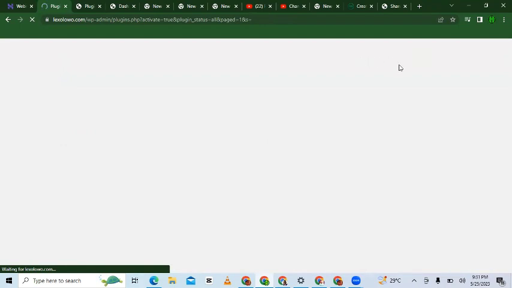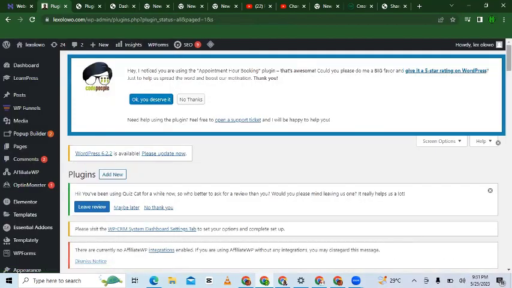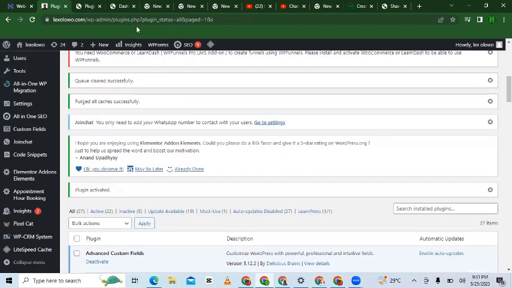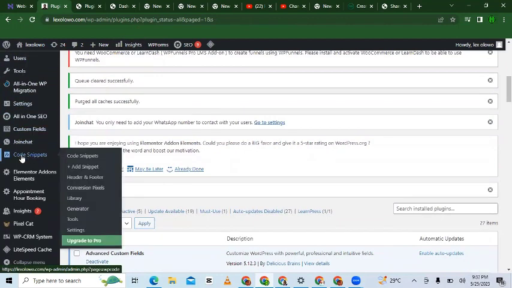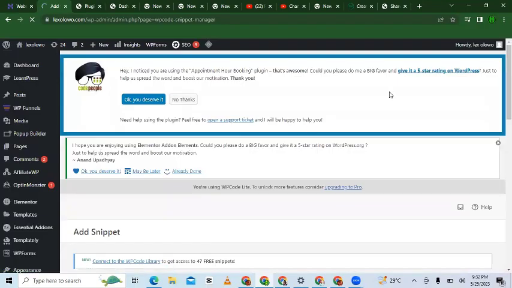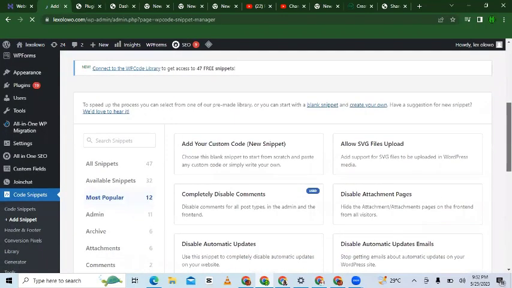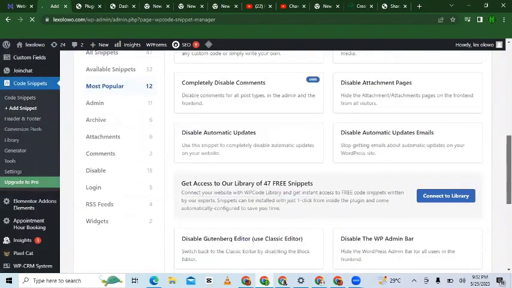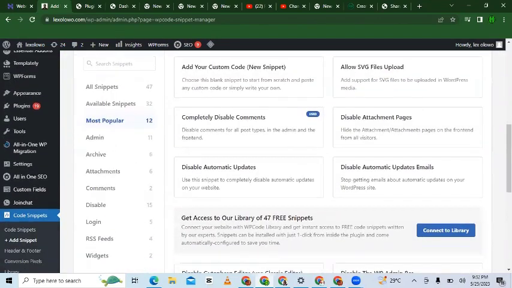So I'm just going to wait for it to load. Now it's loaded. I'm going to come to my dashboard where I see code snippets. I'm just going to add, right? You see, this is what it looks like. So it's very simple. So if you go to the headers and footer,